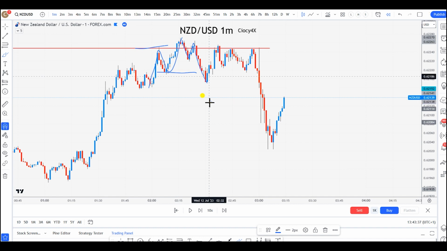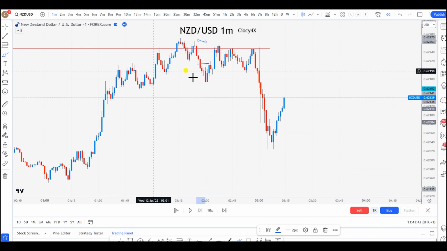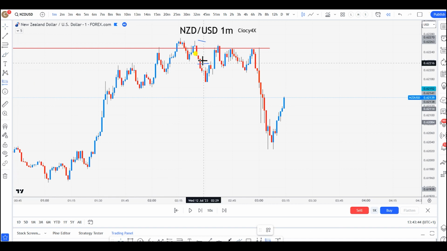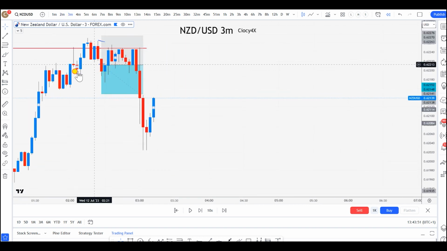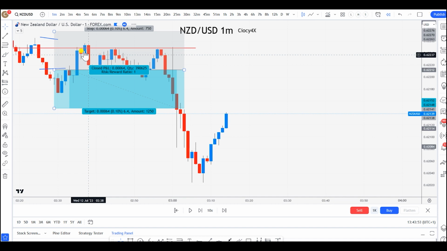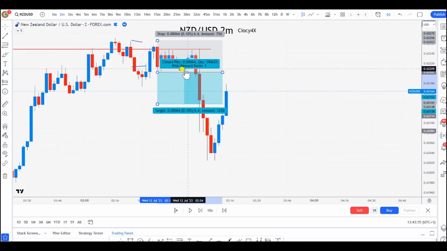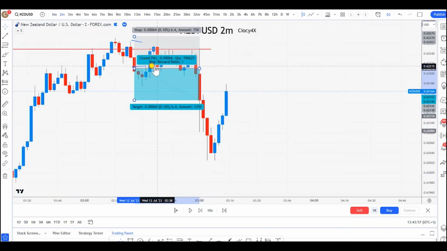And then what do you see? You see price leaving behind imbalances, right? So now if you're an ICT trader, you will be like, okay, I'm taking the imbalance here. Maybe you want to clean and refine a little bit, so you look at 2 minutes, 3 minutes. Okay, let's see. The cleanest one was probably a 2 minute. Yeah, all right. So in 2 minutes, you can see this beautiful imbalance over here.